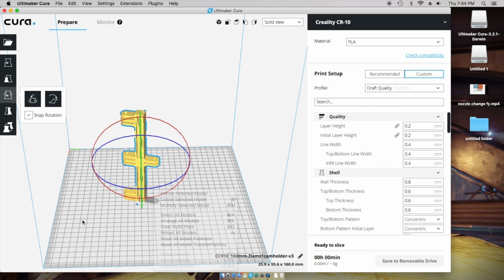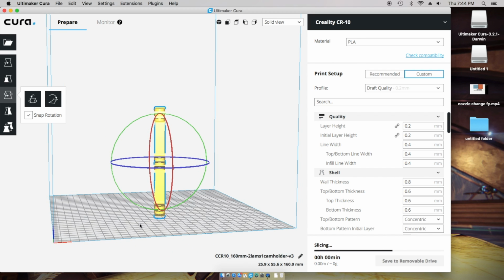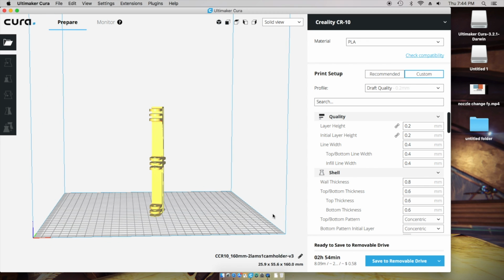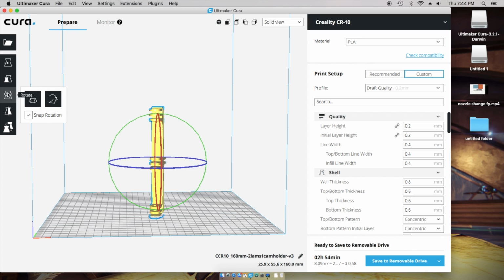Okay, so there you go. So that's how you can maneuver these prints based on what it is. Now, the next step would be, well, in the rotate part also, guys, just to let you know,